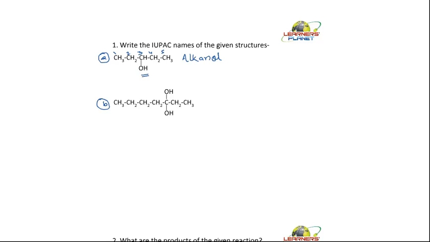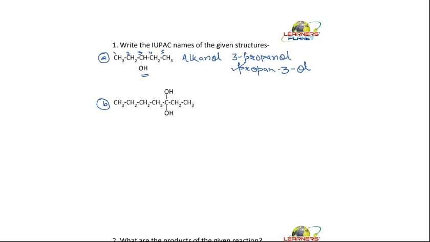But in this case, it will remain the same. So let's write its name. It should be 3 propanol, or it can be propan 3-ol. It's better you name it like this,